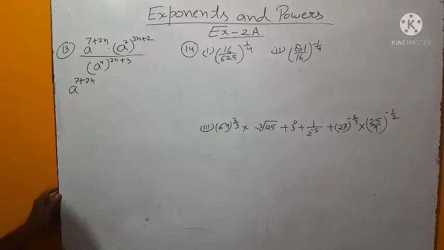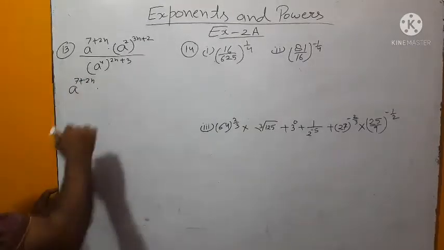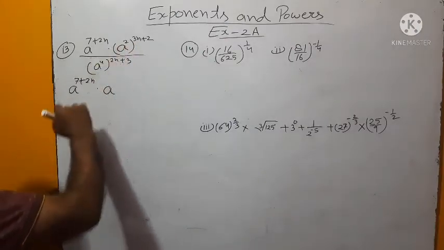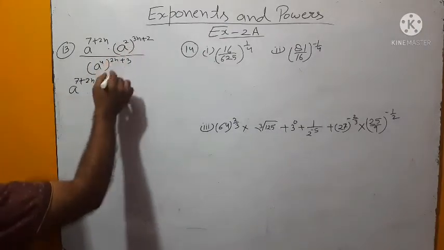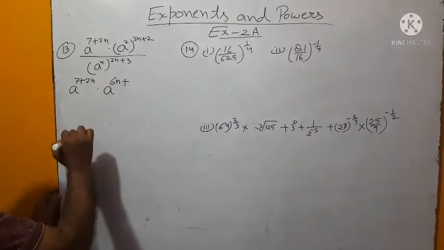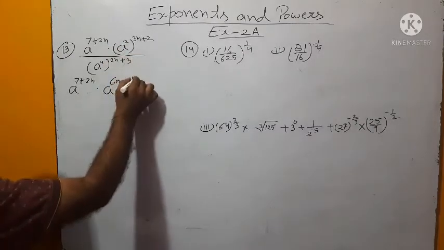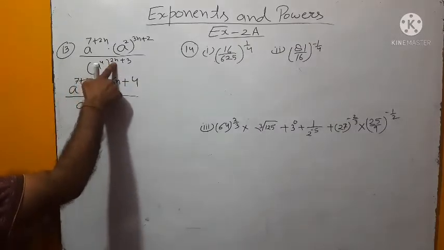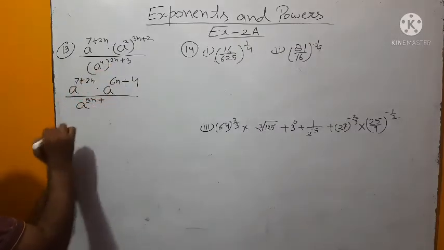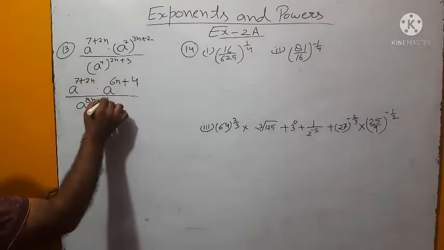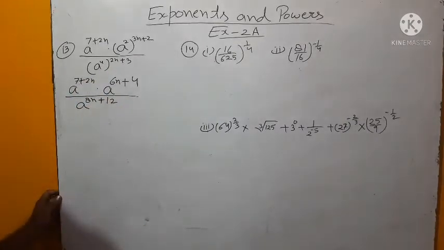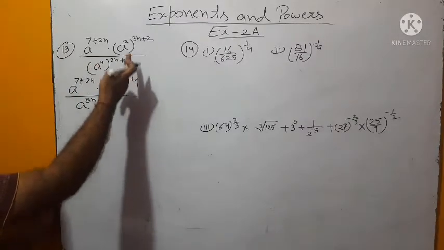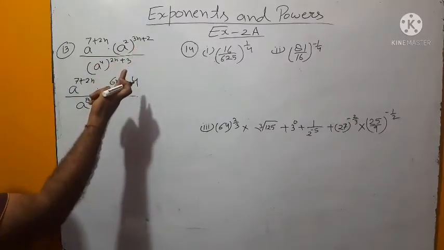A to the power 7 plus 2n into, first we will solve this term. Exponents over exponents are multiplied. 2 is multiplied by 3n becomes 6n plus 2 into 2, 4, upon a to the power 4 is multiplied by 2n becomes 8n plus 4 into 3, 12. Any doubt here? By exponents over exponents are multiplied. Here also exponents over exponent multiplied.